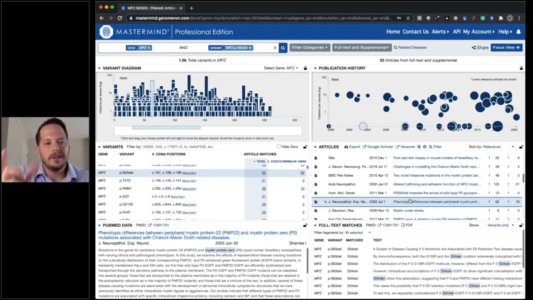So that's a reflection of the legacy nomenclature that plagues descriptions of variants in this gene, and that results from the protein having a signal peptide that, when cleaved, can, depending on where the authors begin their nomenclature, start the variant numbering at different positions along the protein axis. So in this case, this author didn't include the signal peptide in their numbering and described the serine 63del variant as serine 34del. Mastermind was aware of the legacy nomenclature, as it is very broadly across the genome,